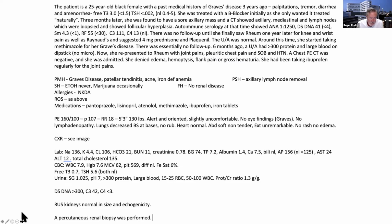She's got a sodium of 136, potassium of 4.4, a chloride of 106, and a bicarb of 21. Her BUN was 11. Her creatinine was 0.8. Her blood glucose was normal at 74. Her total protein was 7.2, but her albumin was quite low at 1.4. Her calcium was 7.5. Her bilirubin was normal. Her alk phos was 156. Normal is less than 125, but the other liver enzymes were normal, the AST and ALT, and her total cholesterol